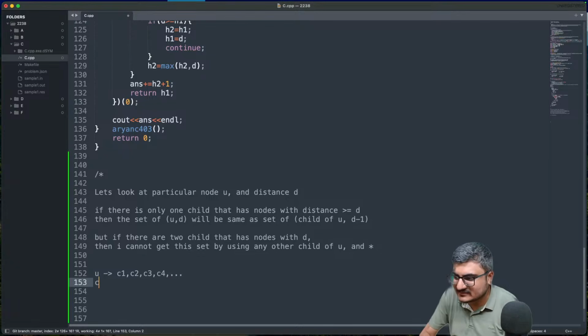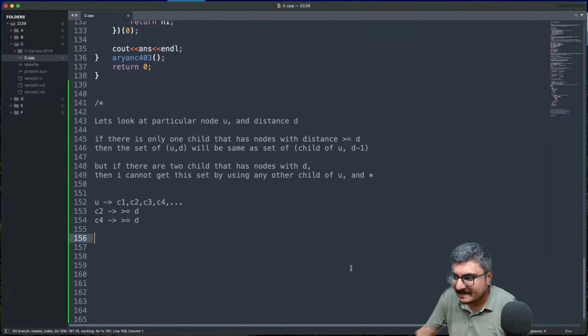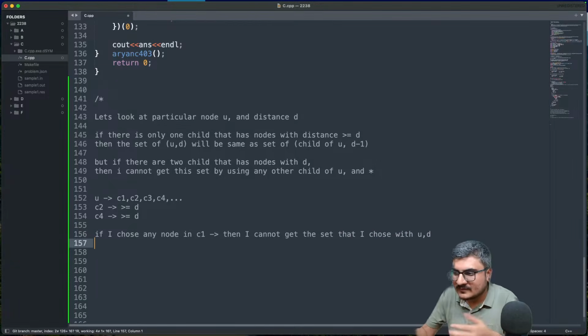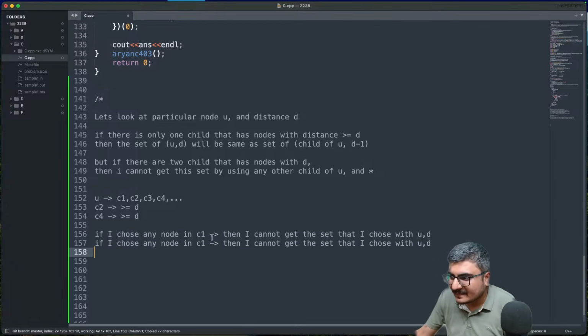and so on. Let's say C2 has distance greater than or equal to d. C4 has distance greater than or equal to d. Then if I choose any node in C1, then I cannot get the set that I choose with (u, d), because the nodes that are in the subtree of C2 and C4 will not be there in the subtree of C1. If I choose any node in C3,